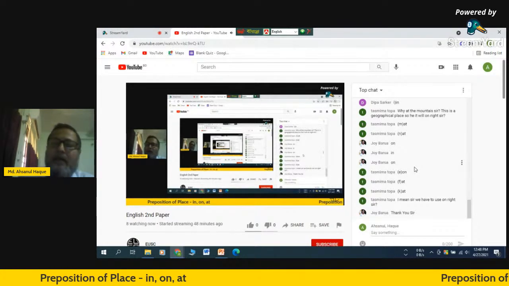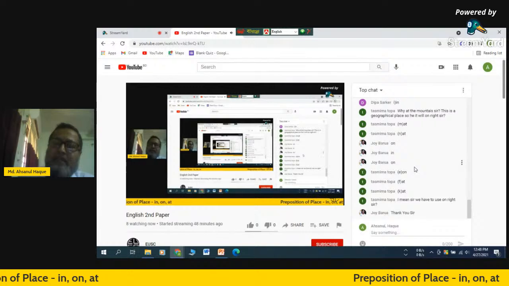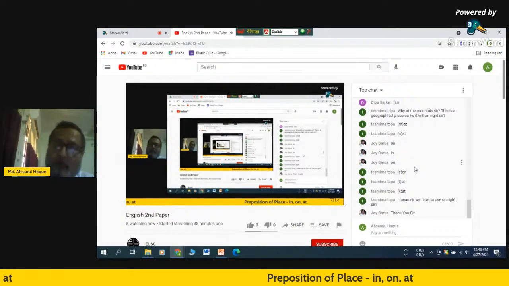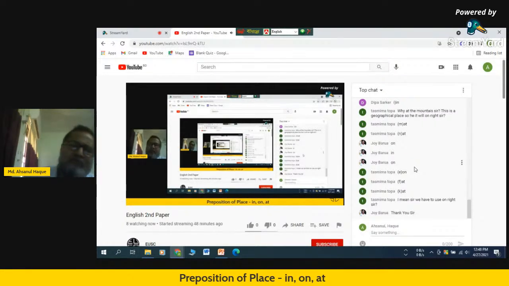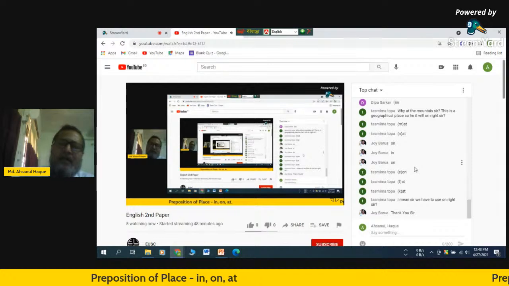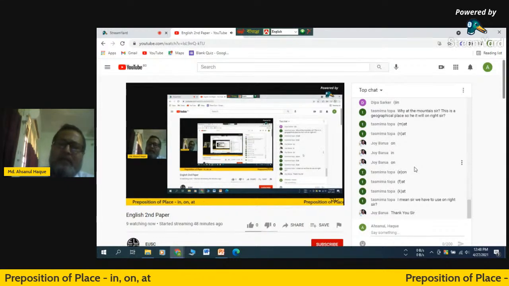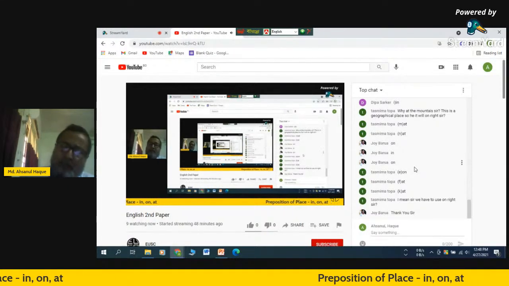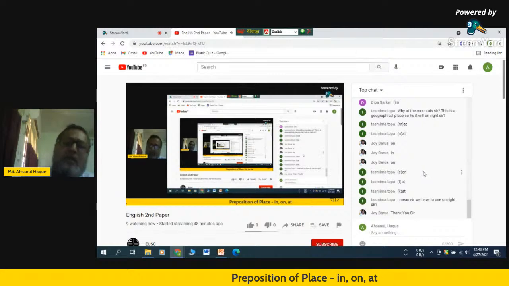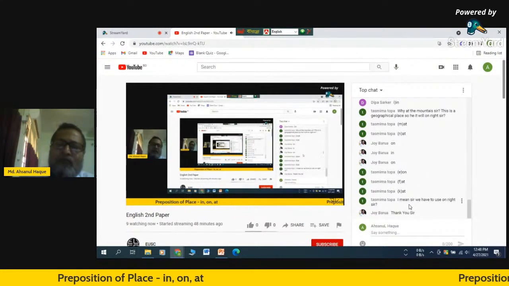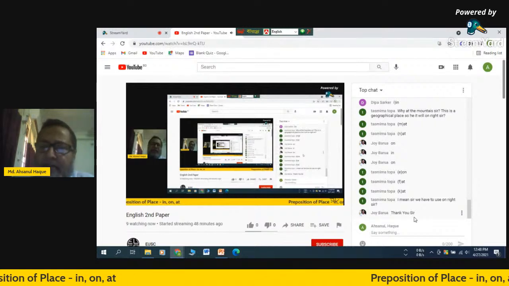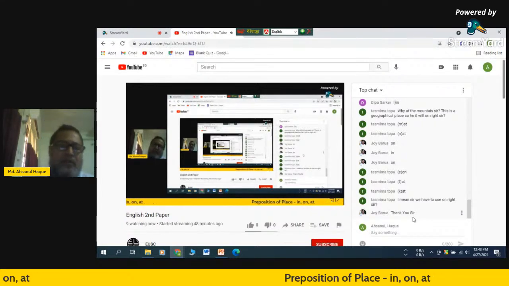You will not be able to be selected if you score very poor marks in the admission test, সেক্ষেত্রে তোমরা চান্স পাবে না। প্রিপোজিশন খুব বেশি পরীক্ষায় আসে, প্রত্যেক অ্যাডমিশন টেস্টেই প্রিপোজিশন থাকে, এজন্য তোমাদের একটু ভালো করে শিখতে হবে। থ্যাংক ইউ ভেরি মাচ, থ্যাংক ইউ অল, ওকে।